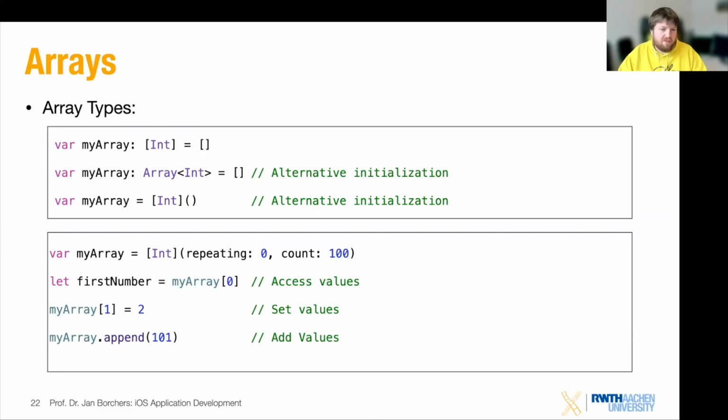And similar to other functions, if I want to set a different value or change it, I assign a new value to that location. So for my array and 1, I can assign a new value to that. So instead of 0, it now has the value 2. And if it's a variable, that is possible. If you initialize your array as a constant, then you can't change the values that are included in that array.